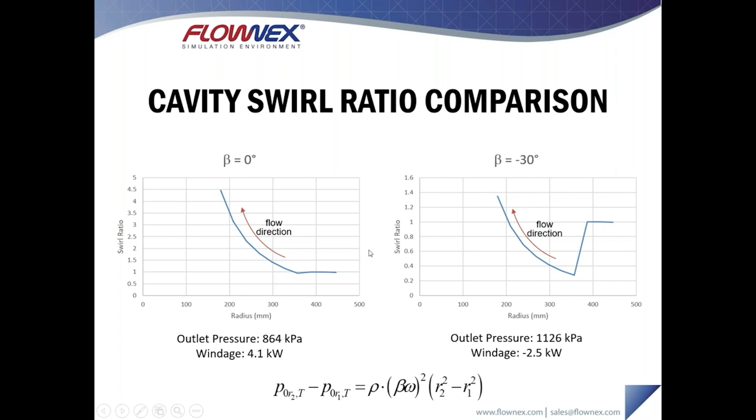Looking at the results like this, especially looking at the swirl ratio, really helps to understand why the sensitivity analysis is showing that large backswept angles produce lower pressure drops. You might also think that a smaller backswept angle and a higher exit velocity would have the same effect. Essentially, the higher exit velocity and the lower backswept angle may contribute